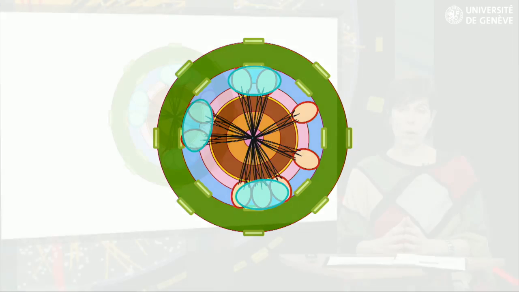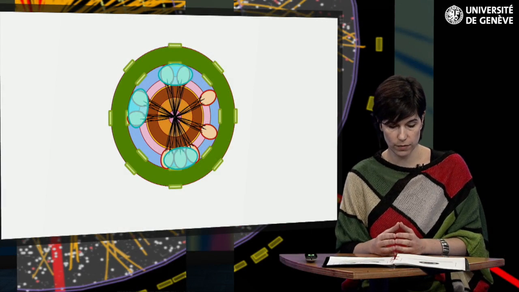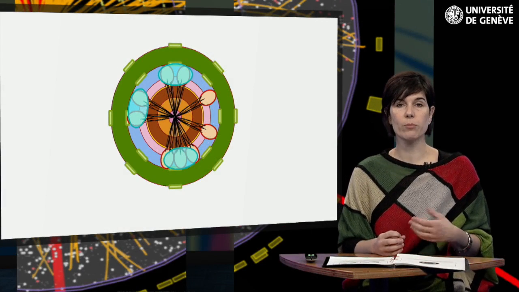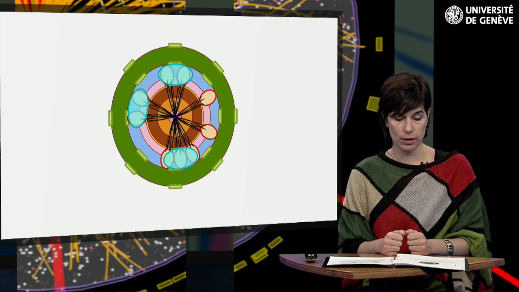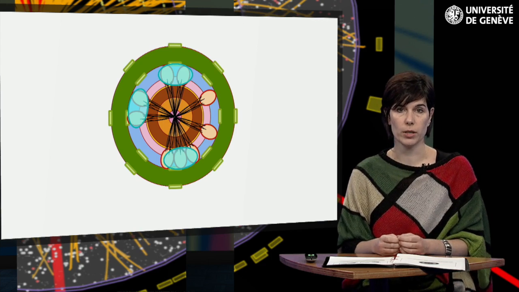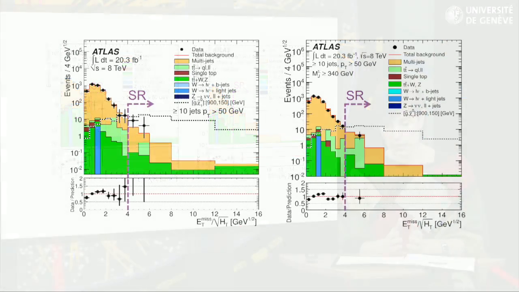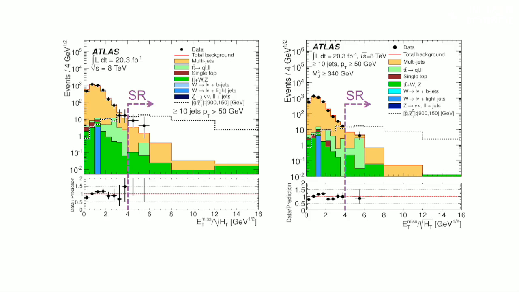We can therefore require, for example, the presence of multiple fat jets in collision events, a requirement that can improve the signal-to-background discrimination compared to an event selection that does not include such requirements. You can see in these figures examples of how final distributions look. The filled areas show the standard model prediction, while the dashed line shows how supersymmetry would manifest itself.